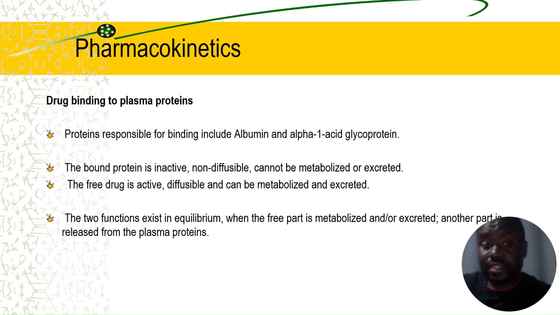The other principle then means that the free drug is the one that is active and produces pharmacological effect, can pass into other tissue compartments, and can be metabolized and excreted. Now, these two forms, the free and the bound drug, exist in what? In a balance, in a balance where the dynamic